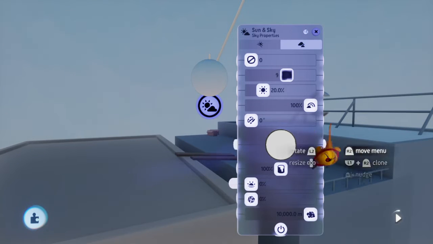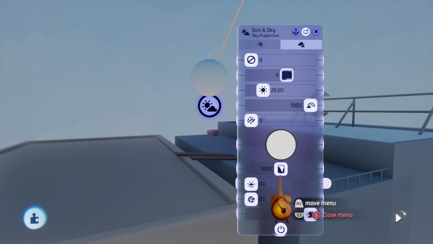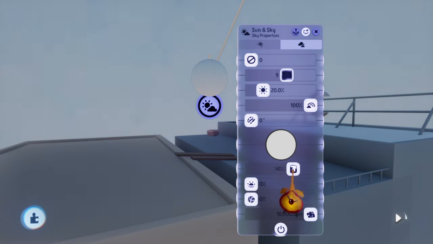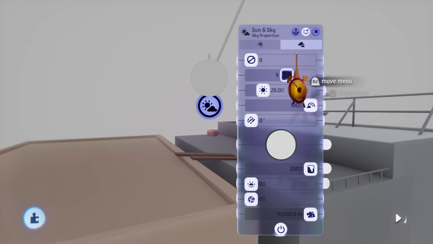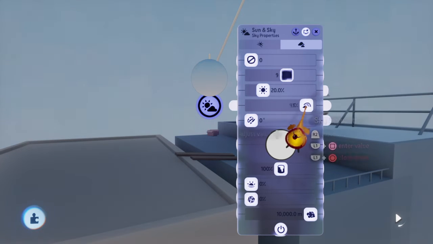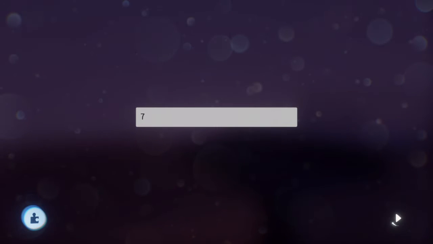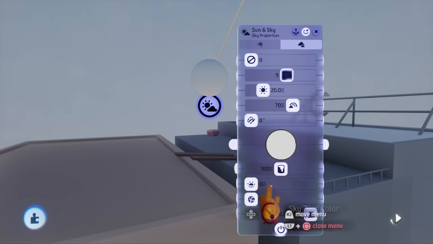Okay, so we can see our scene is already looking pretty nice. Now you can choose to mess with this, as you can see, but I choose to leave it at 100. I'm gonna bring down the sky saturation to about 70. Alright,